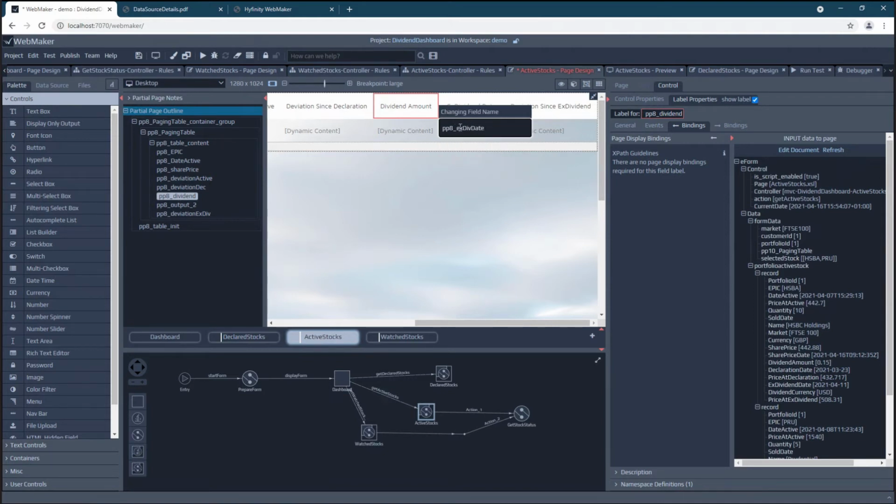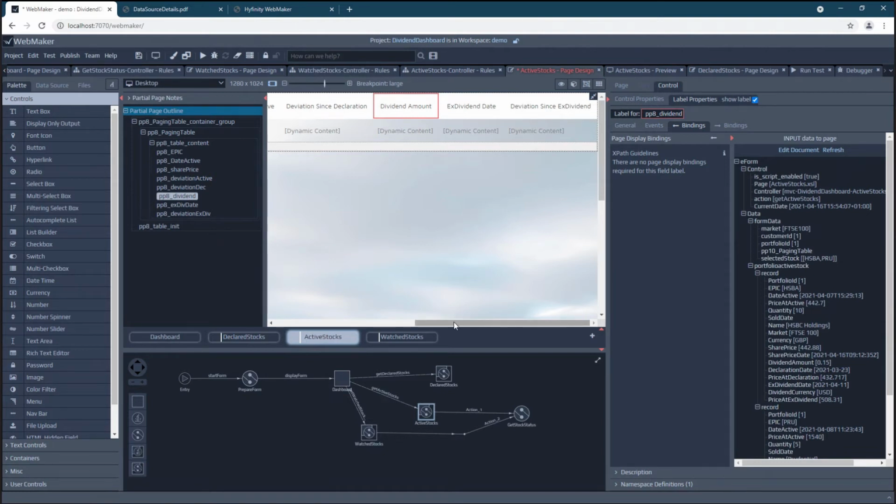Now, in terms of this PP prefix that you'll see here, when you add fields to a partial page, they'll be given a prefix like that to make sure the names are unique and aren't going to conflict with any fields that you may add on other partial pages or main pages. Because, for example, if you had a field called epic, which we're going to have on multiple of these tables, if we didn't have this prefix, you would get fields with the same name, so you might get some problems arising from that conflict. But obviously, if you knew that the field was never going to conflict, you are free to name these without the prefix if you so wish. But by default, it will give you that there